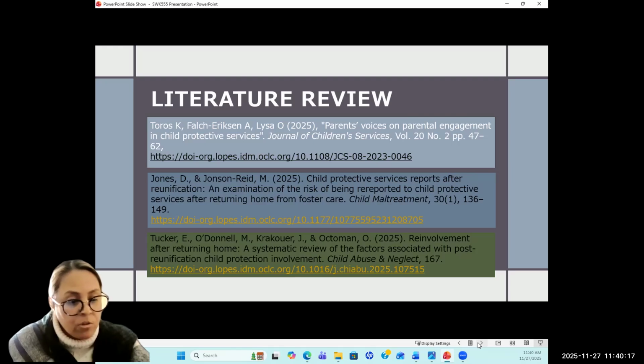And the findings were that children who have multiple allegation referrals before being removed into placement were at a higher risk once they returned home. The factors in this research is that parents are not changing their behaviors and are prone to continue the same behaviors.